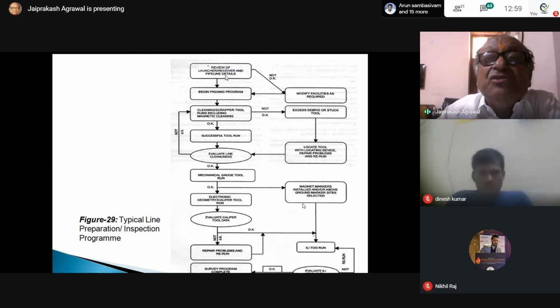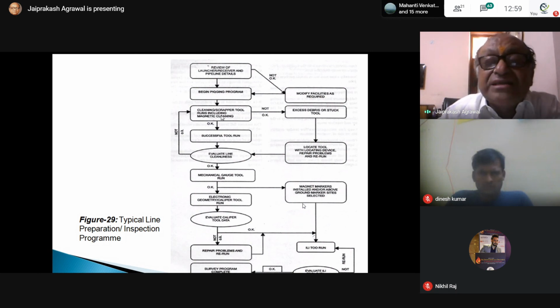So, review of launcher, receiver, and pipeline details. If it is okay, then you move. Otherwise, if not okay, then modify the facility as required. Okay. So then begin operation. First, you check that. Then operations: cleaning scraper tool runs. Run the cleaning pigs.